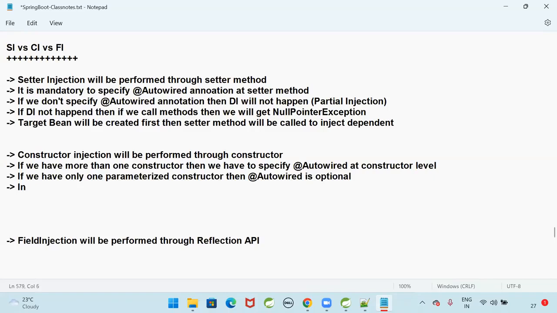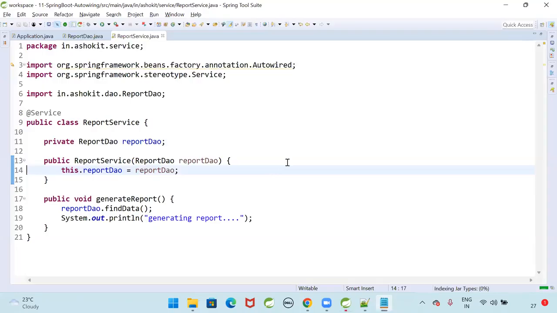In CI, that means in constructor injection, the dependent bean will be created first, then the target bean will be created. Why? Because in order to create the object,